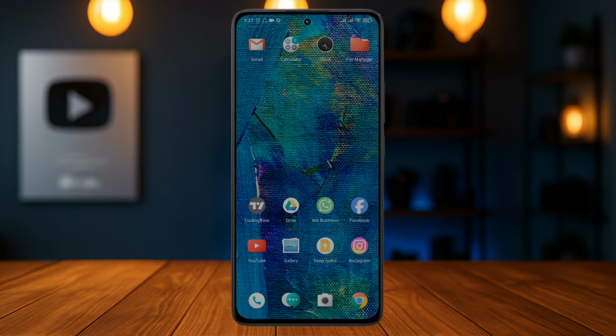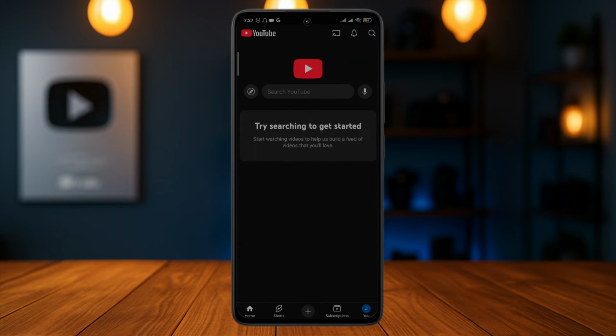All YouTube channels are logged in using your Google account, so make sure that you have your Google account logged in first of all, and then you can go ahead and open up the YouTube app. Once you're inside of your YouTube app, you can tap on the profile icon that you see on the bottom